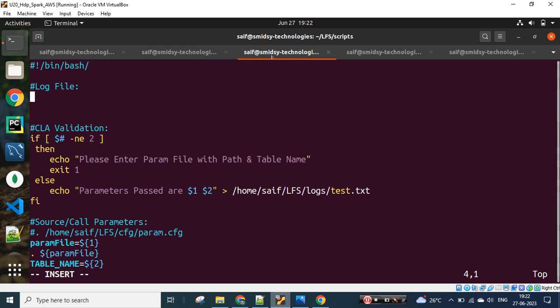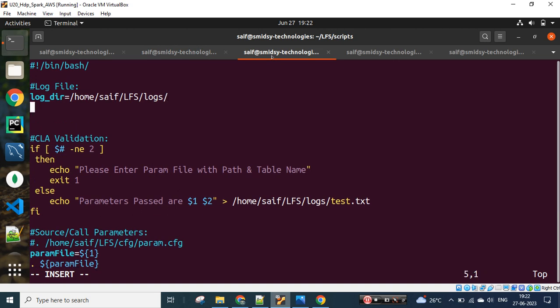So let's say log underscore directory. I'll paste this path because over here I need to create my log directory. That is the first thing. Now base file equals, and I'm using backticks. So what are backticks? Again, I'll tell you. I'm writing one command called basename, and here I'm trying to take